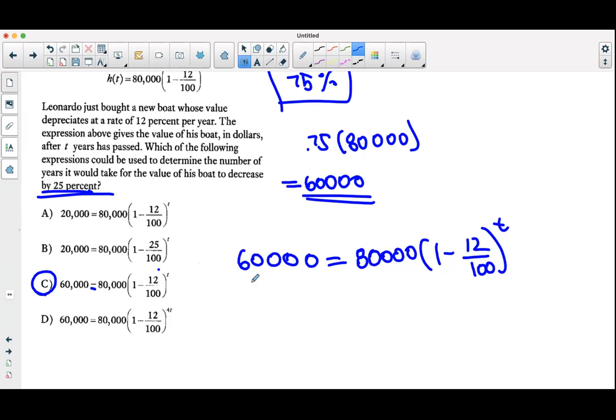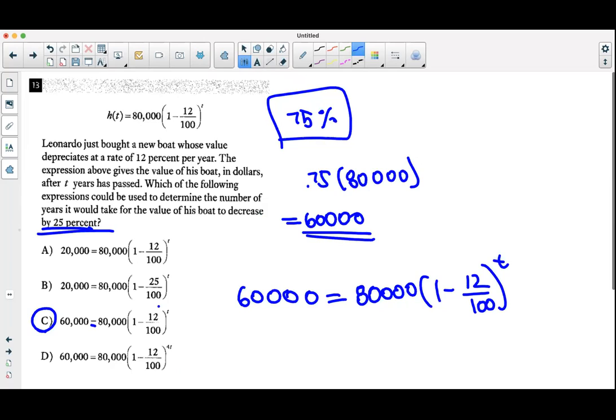Okay. So now let's look at the next question, guys. What's the next question? Number 13 and number 14. Okay. So now, in case of number 14,